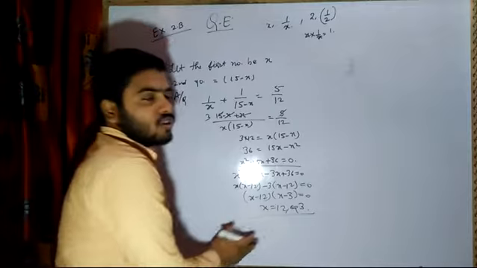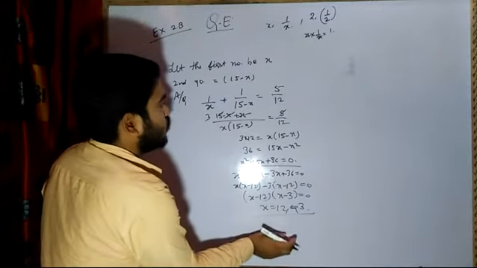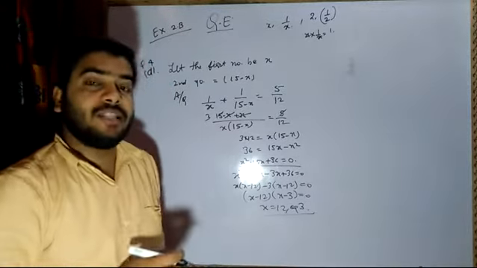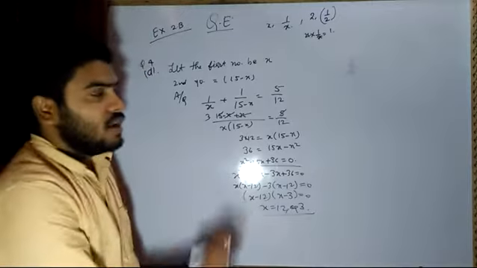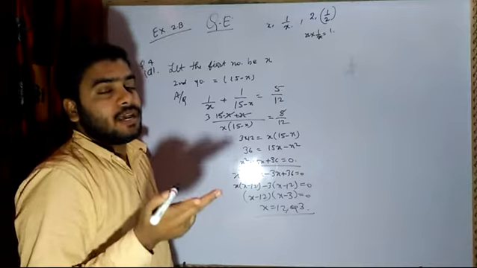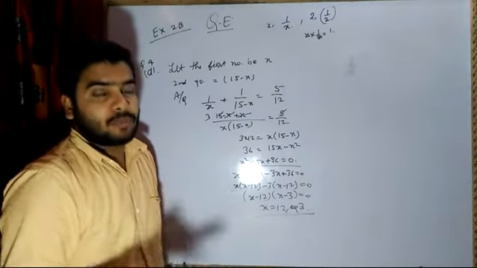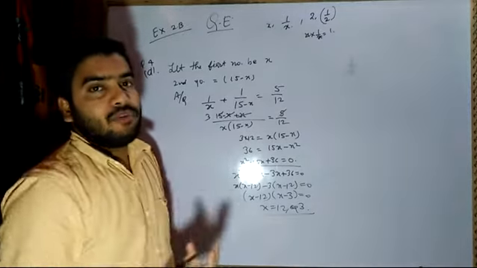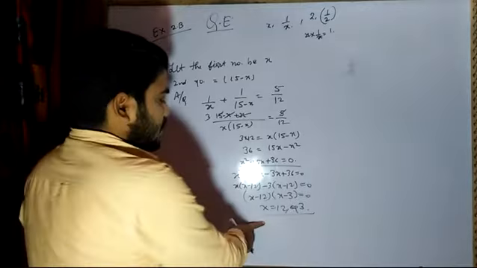Once we get the solution, we should always try to substitute the values and check the validity of our answers. Like in the previous case, we got two answers. x was equal to 20 and the other x was negative, which is not possible. A distance cannot be traveled in negative directions.